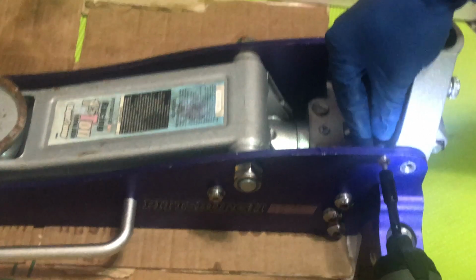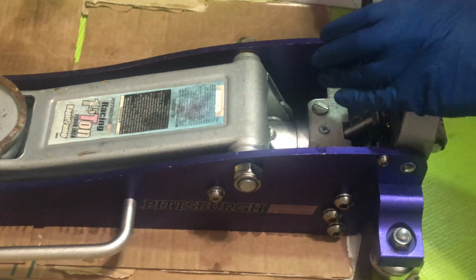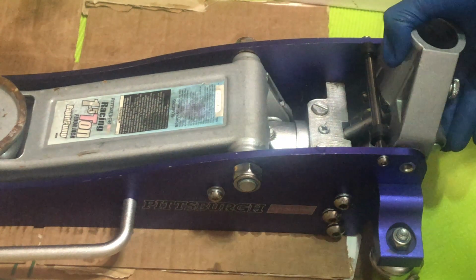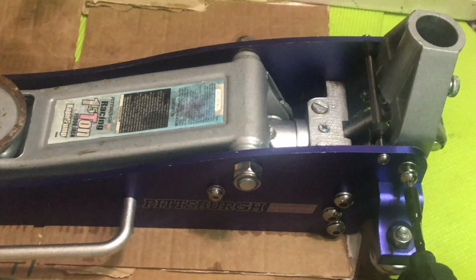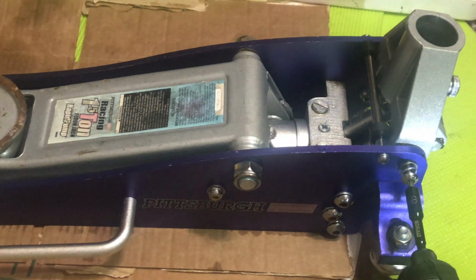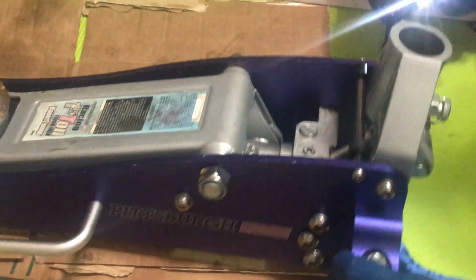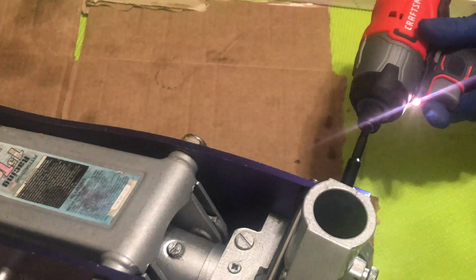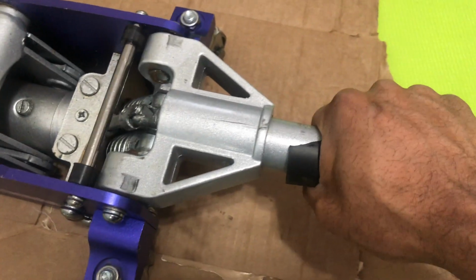So let's start assembling this guy back. There we have our rod we put back in. Pretty simple, very smooth. All right, it's functioning pretty well, but we still have a little bit more we have to do. One and two. This is very satisfying once you know your jack is just about there, but we're going to want to make